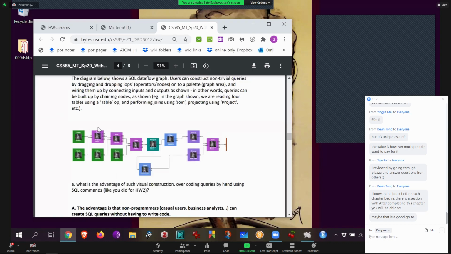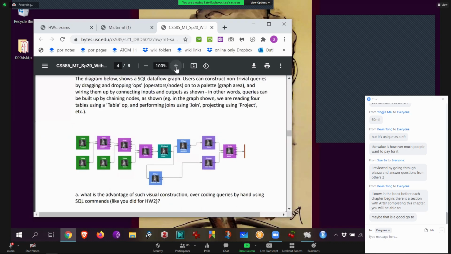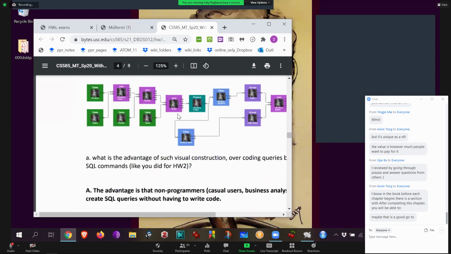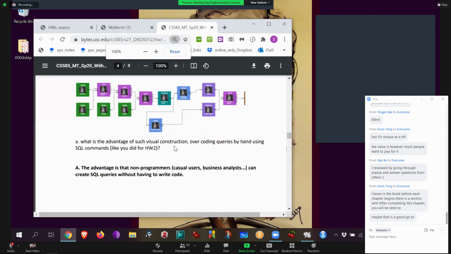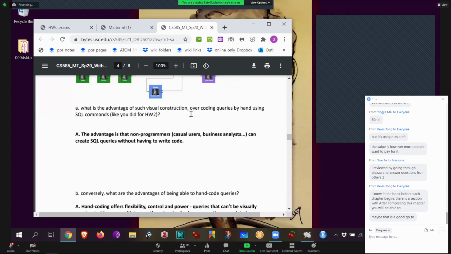And then see how powerful this is. Just imagine an analyst who does not want to learn SQL. They're a business person. They can then do joins themselves, okay? Because if you click on it, a property would appear and you can pick column names to tell it what to join. 100% visual, and then they can get their answer out on the right hand side. So I'm asking a question about that. Why is this a big deal? Because anybody who is not a programmer, and the whole world is mostly not programmers, can also do self-service data analysis.